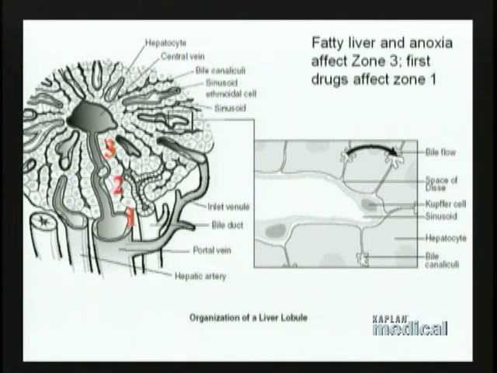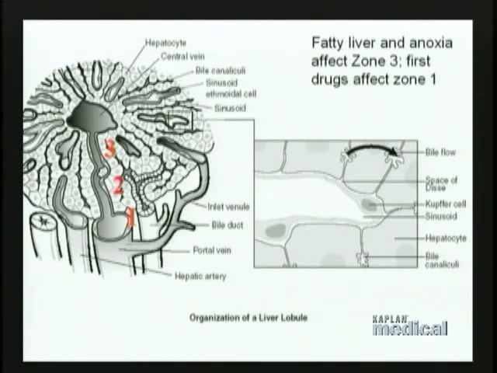Now, on this chart, on this page, we can illustrate basically another feature about how the liver is organized. Since we know that the liver lobule is organized into a blood and bile flow diagram, we basically can subdivide the regions of a liver lobule into zones. Zone 1, as illustrated here, is closest to the point of entry of blood to the perimeter of the lobule. Zone 2 is intermediate. Zone 3 is furthest away from the entry point of blood and is certainly closest to